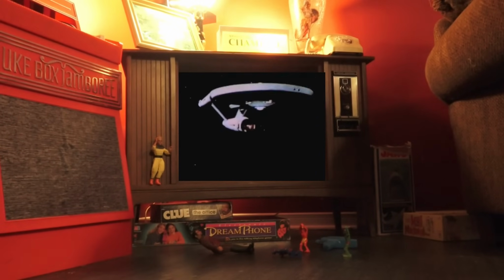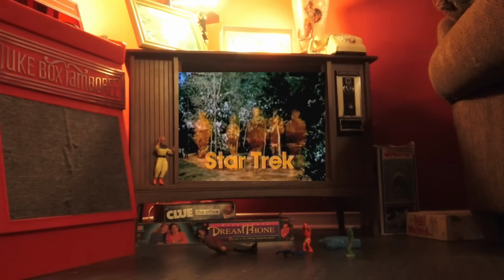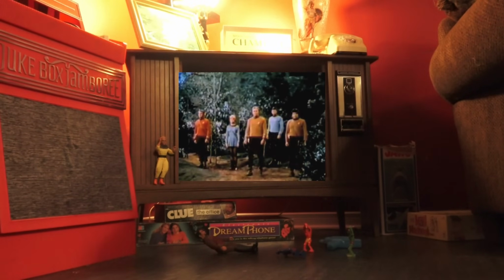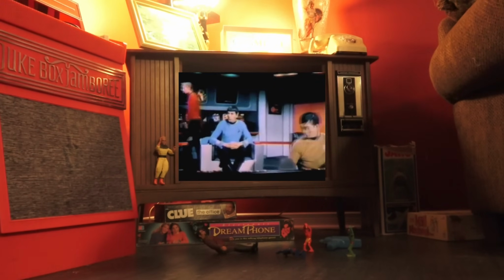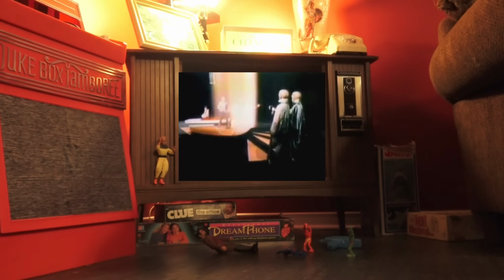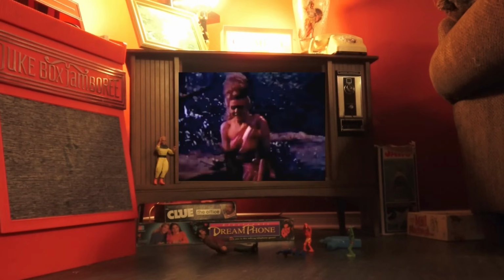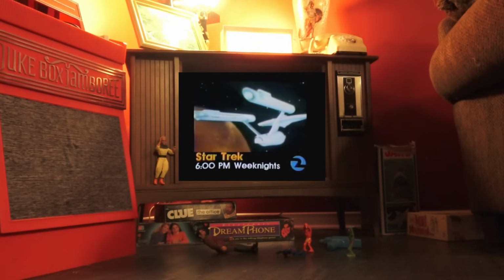If you were a kid in the mid-1970s, no matter where you lived in North America, you probably had one thing in common with any other kid. You saw a lot of Star Trek reruns. Despite many of us being born years after the show was canceled for lackluster ratings, in syndication, the show just clicked with young people. And that meant this 10-year-old series received a merchandising boom that was the biggest thing since